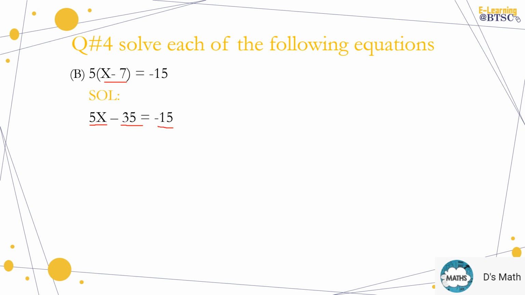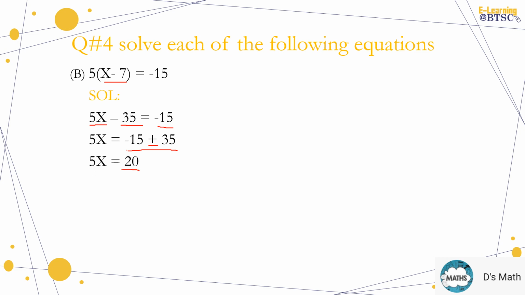As our agenda, or you can say our target, is to find the value of the variable, we will shift the constants to the other side. Here we have minus 35 as a constant. We will shift negative 35 to the other side. When it is shifted, its sign will be flipped and converted into a positive sign. So 5x will be as it is, and minus 15 plus 35. Now we know that we have to add or subtract them. As we know that negative positive, the operation will be negative, so both will be subtracted. After the subtraction, we have the answer 20.